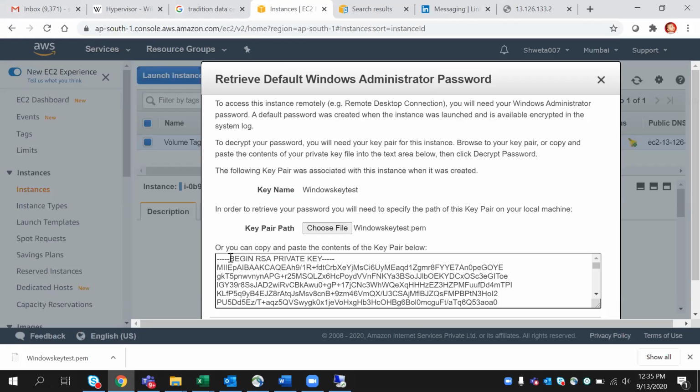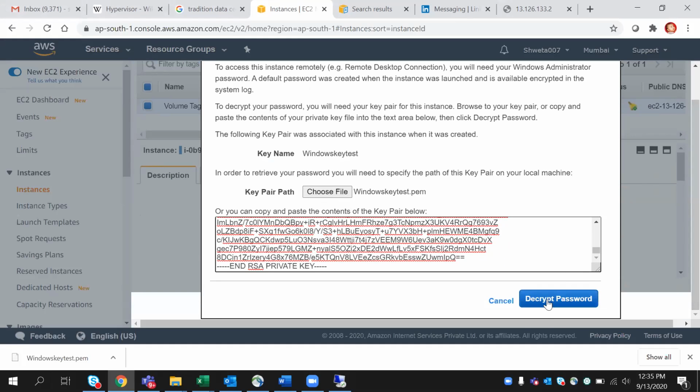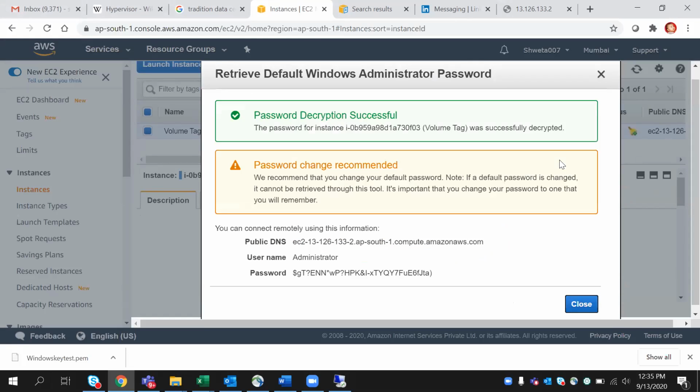Do I copy this? No, nothing. Just go down, scroll with the right side scroll. Decrypt the password. It will be visible to us. But the good thing is you have blocked it in the firewall, right? If you had given all zeros, then I could have accessed your server now.